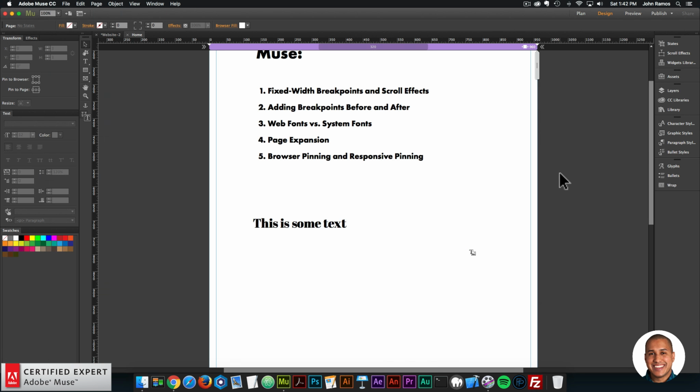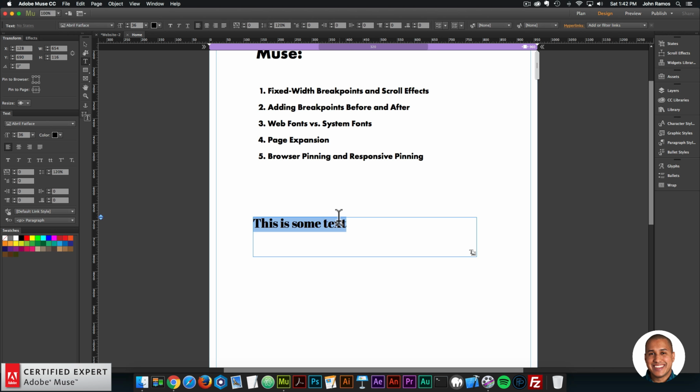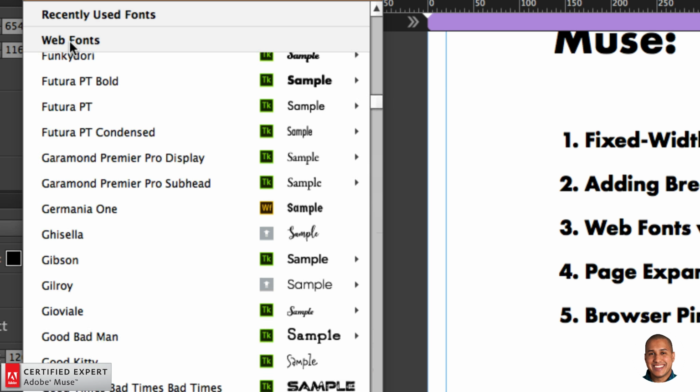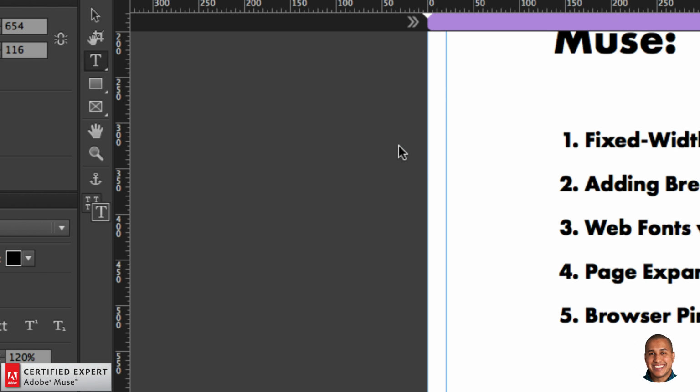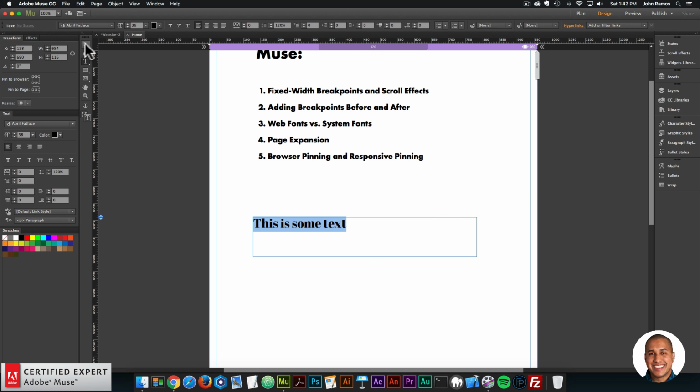So just as an example, I'll go ahead and change this font here to a web font. So I'll click the drop down, I'll select web fonts, and I have that same font here as a web font. So this April Fat Face, I'll click there and I'll set it to regular. And now when I preview,